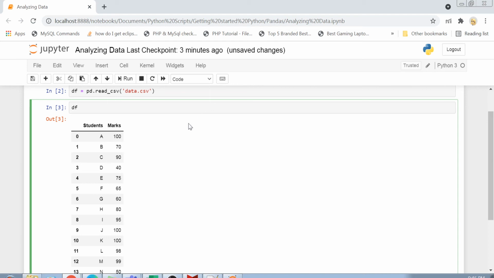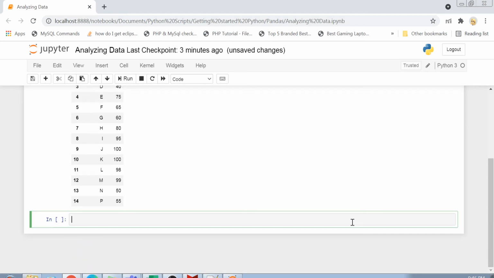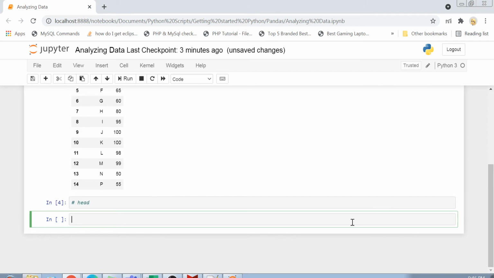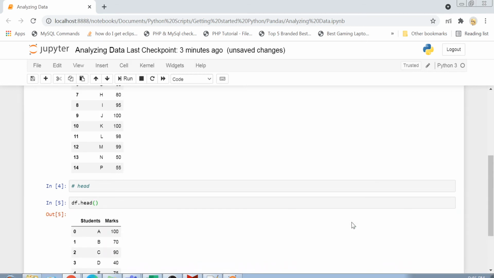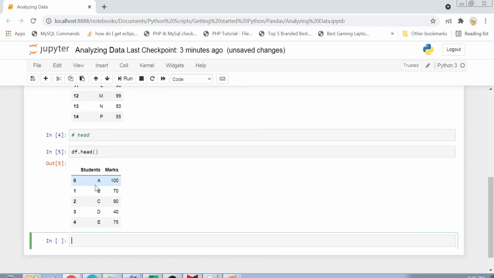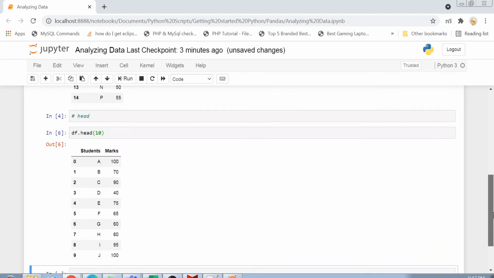That is why pandas data frames provide some functions, and we are going to discuss them now. The first function, whenever you get data, is df.head. This head function gives you the first 5 rows of the data, and if you pass a number into it, let's suppose I want to see the first 10 rows, just pass 10 here, and now you will see that 10 rows are printed. But by default, if you don't pass anything, the first 5 rows of the data are printed.